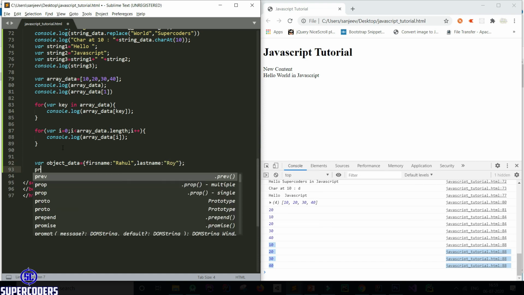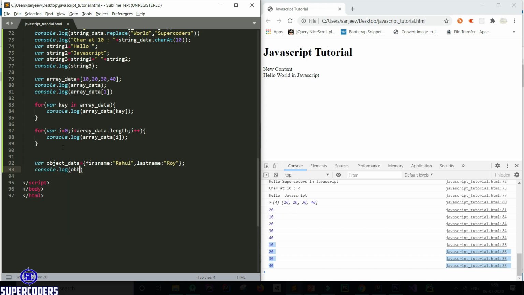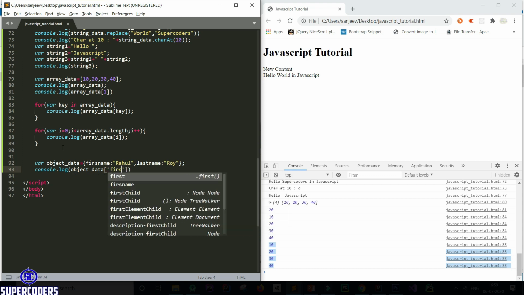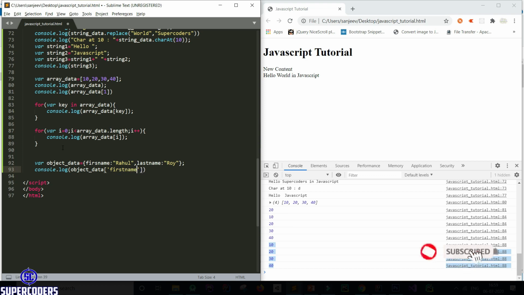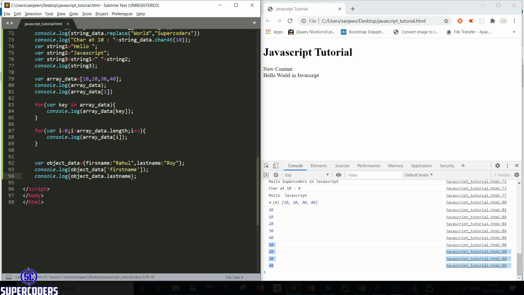Now let's print the data. Console.log object data, then passing the key name, first name, or you can access this data in an alternate way like this: object data dot last name. You can access this data using dot or using square brackets.